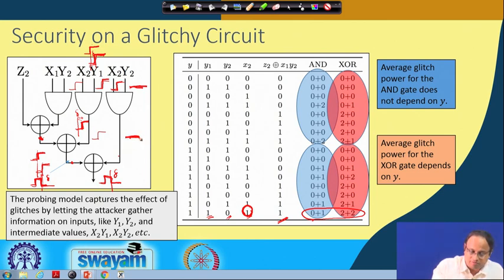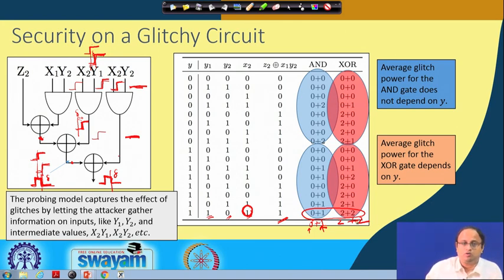Out of which this AND gate never makes a transition, but this AND makes one transition at the time instance delta. So we write here 0 plus 1, which means previously there was no transition, and at the time instance of delta there is one transition. If you observe the XORs, before there was one transition from 0 to 1, and here also there was one transition from 0 to 1. So there were two transitions, that is 2, and at the time instance of delta there is again a 1 to 0 and a 1 to 0 transition. So again there are two transitions. So this is 2 plus 2. Likewise, you populate this entire table.